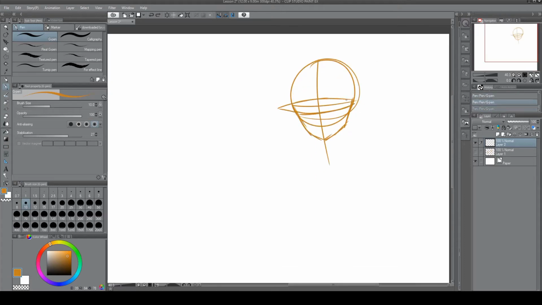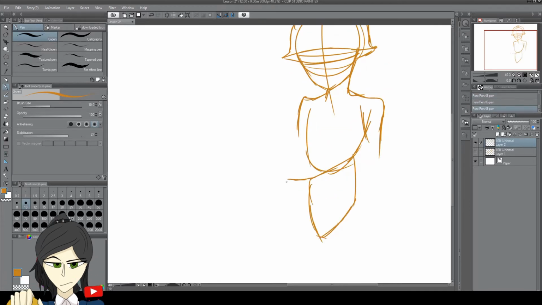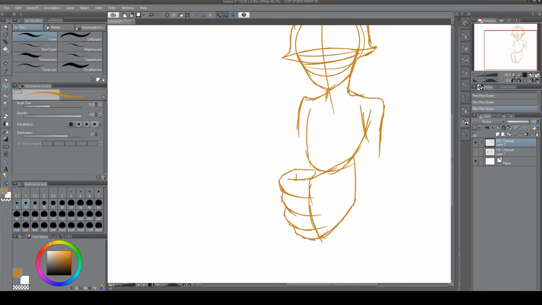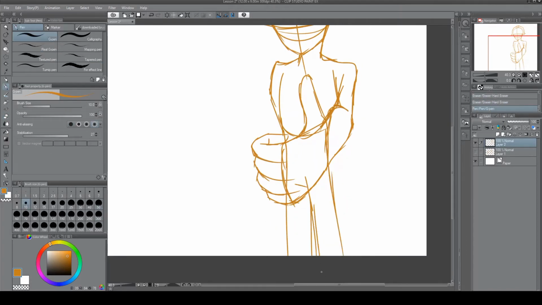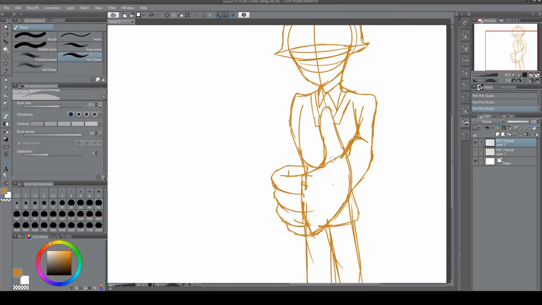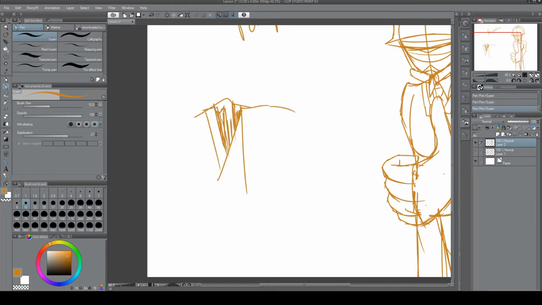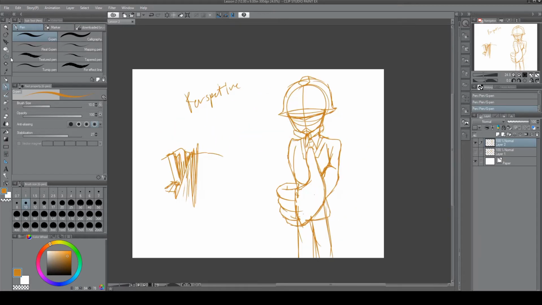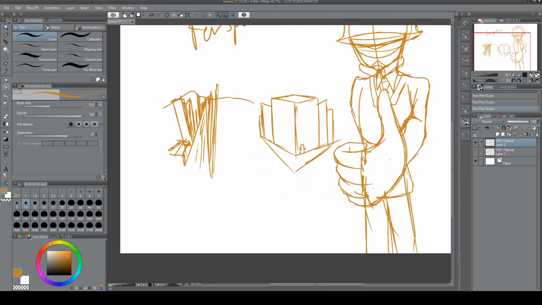Perspective. One of the most pain in the behind things I've ever had to learn. I suppose it does prove, however, to be one of the most important things I've ever learned. I also suppose that's why it's in a basics video. Anyways, here's a simple breakdown of the 3 perspective views, angles, points I think is the technical term, and a